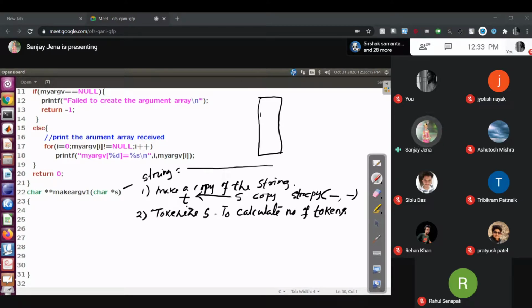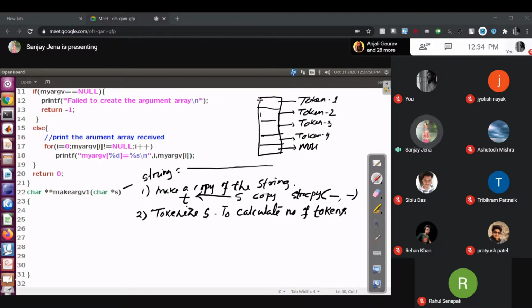Then how many spaces do I require here? 5, exactly. This is token 1, token 2, token 3, token 4. So 4 plus 1 is 5, and the last one is null.